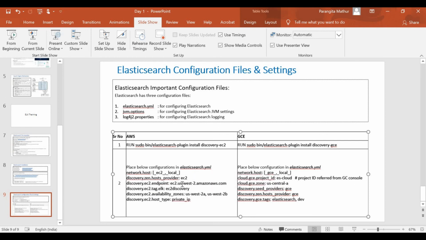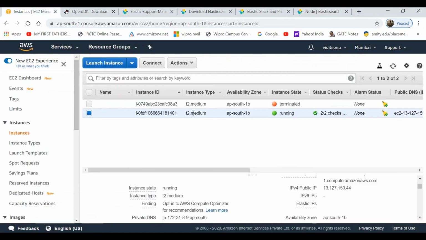Endpoint: what is the endpoint that you are using? For EC2 in particular, the endpoint is US West, whatever zone you are using. Then EC2 discovery is helpful because it takes the tag value which shows up with the different servers in the AWS console. I have a tag elk. I'll show it to you in the instance.